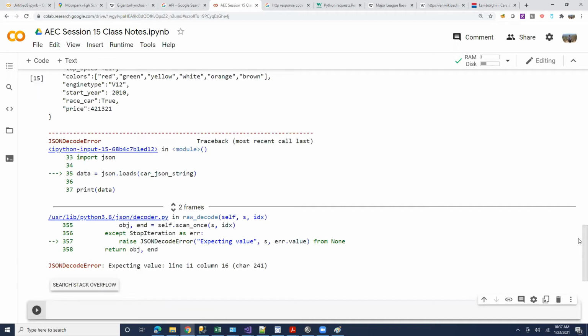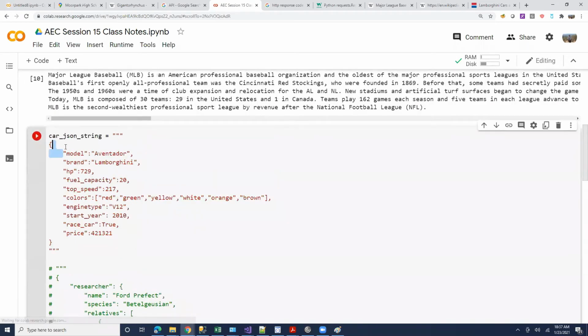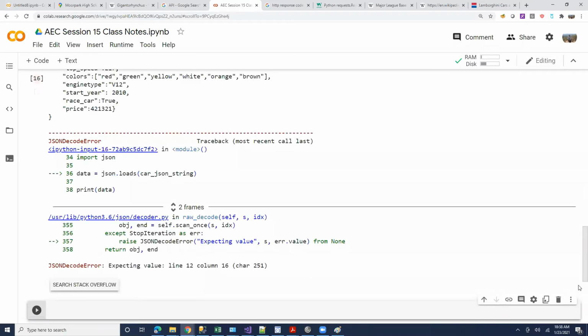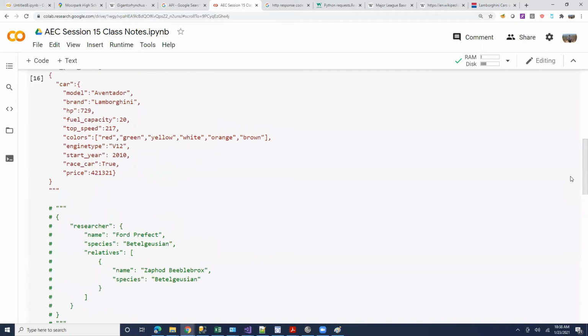Nope. Maybe I have to name this thing entirely, like in that other example. So I'll call this car, and then give this whole thing. Oops. Oh, still something wrong.